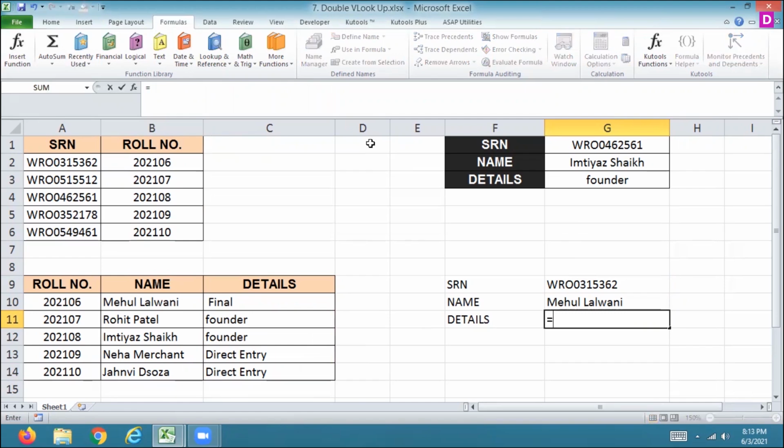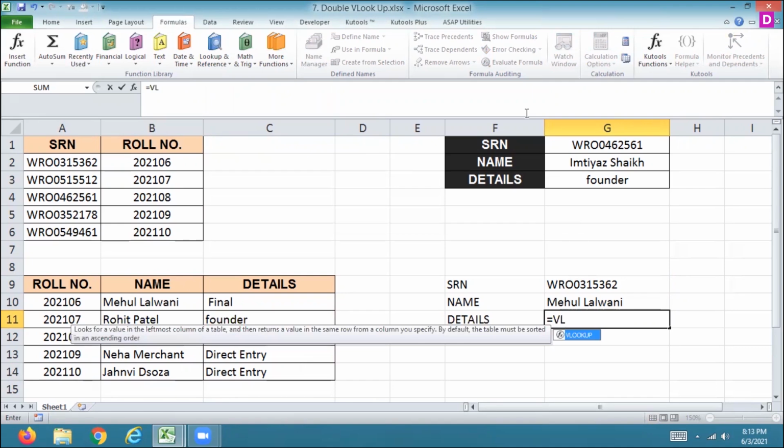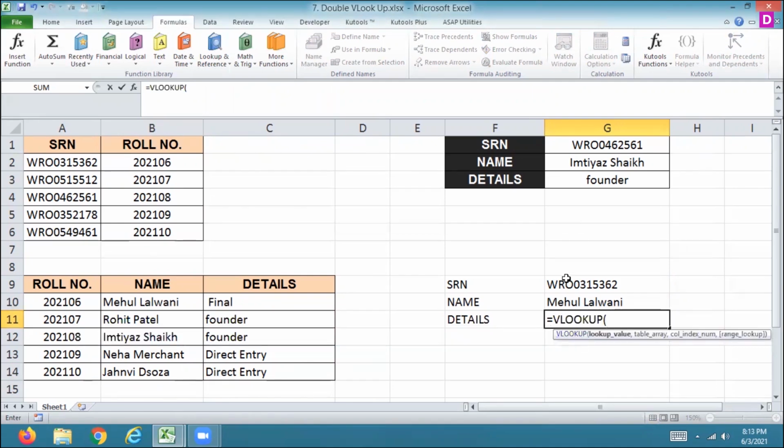Now, double VLOOKUP, we will use the VLOOKUP, look up this value. On the basis of Mehul, we will find the particular details value. Yes, we can find the value on the basis of Mehul. But if the name is not available, on the basis of WRO we will find this value. Then what can we do? If we find it on the basis of Mehul, right? The Mehul